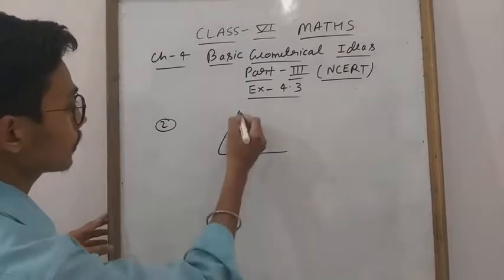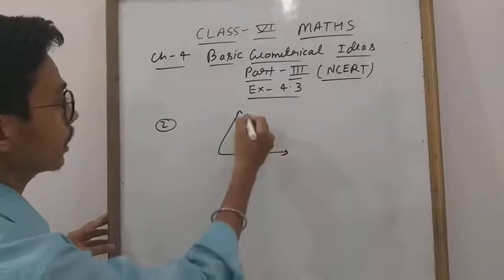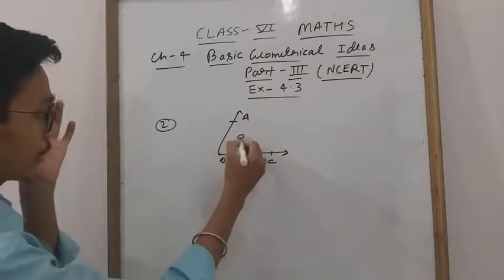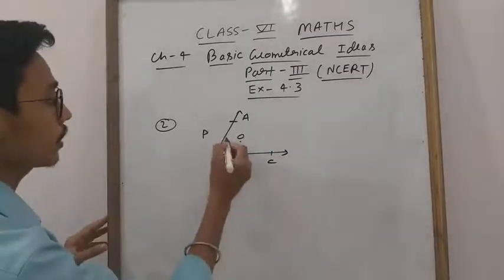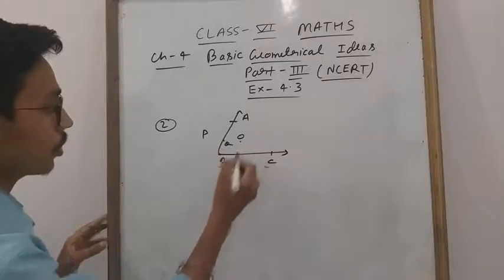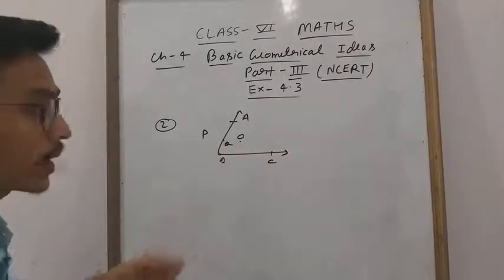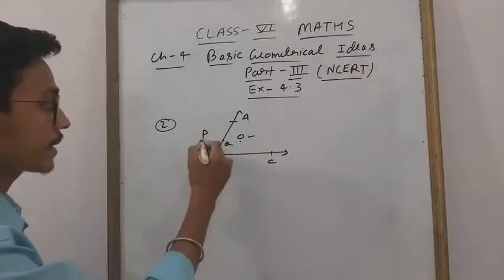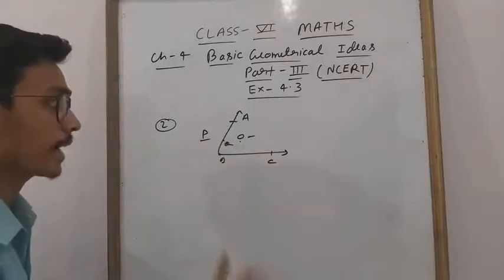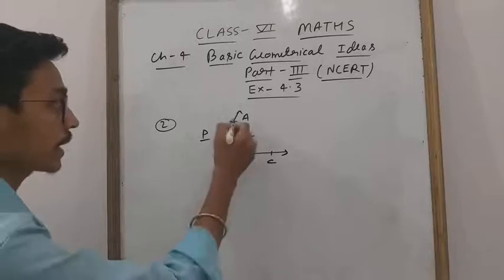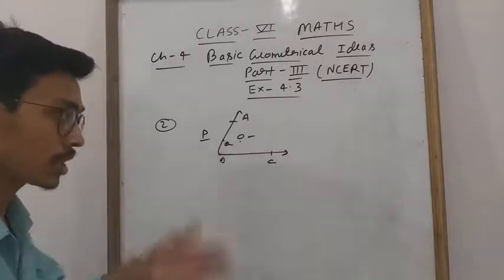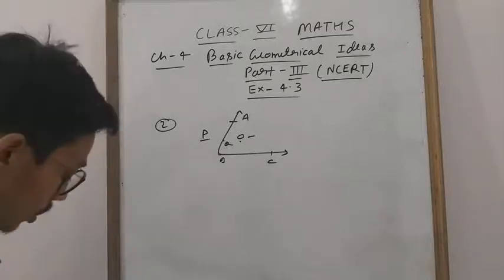This is your triangle. The angle is given, A, B, and this is C. Okay. This is point O. Let us assume this is point P and this is point Q. If I want to know which point lies in the interior of the angle, you will say O is in the interior. Which point lies in the exterior, you will say P. Which points lie on the angle, you will say A, Q, B, C. Clear, everyone? So this type of question is given. I think now you are able to solve.